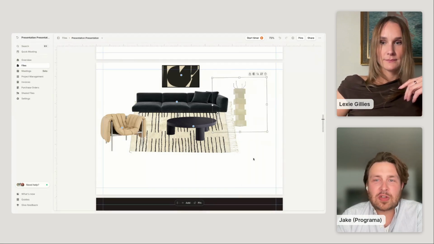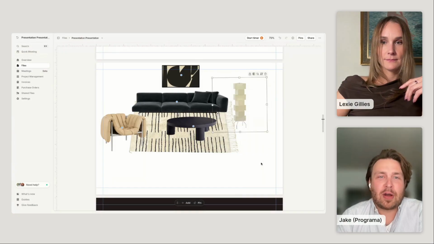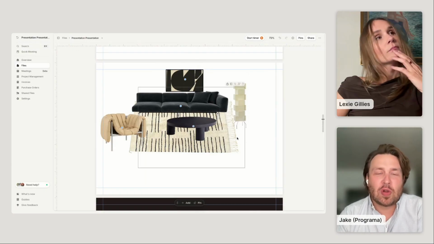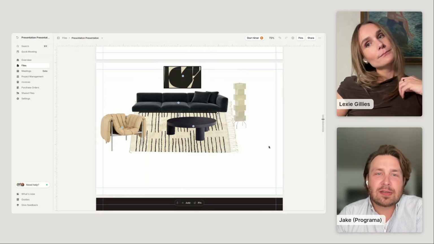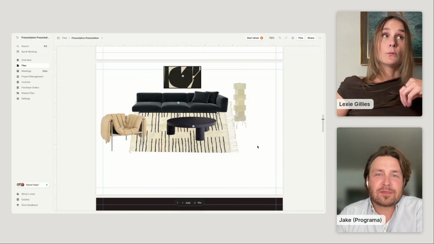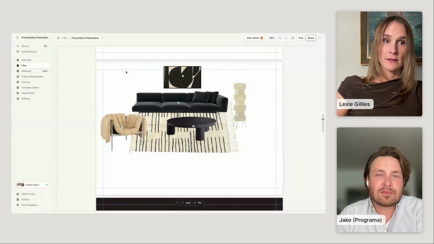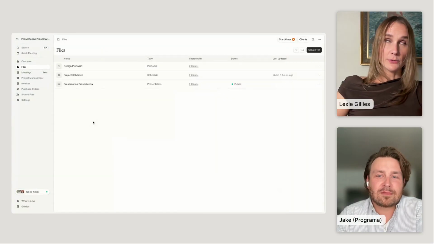And then just questions about pinning products into a presentation and sharing pricing on a presentation, just how that works, and if you can control viewing pricing. You can, yes. It works the same way as you would share your pricing in a schedule. So when you share this, so if we go back, I don't want to go too deep into this, but